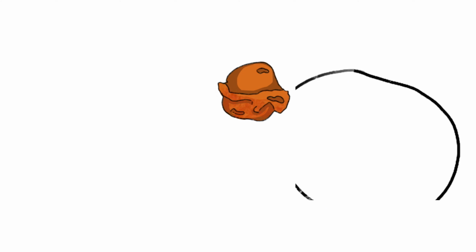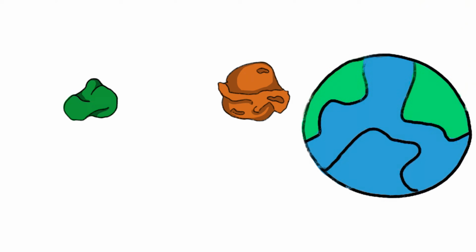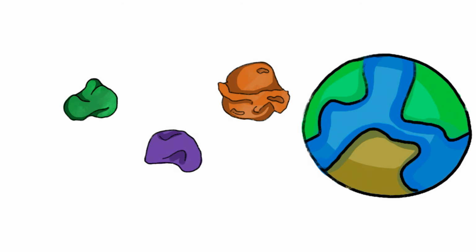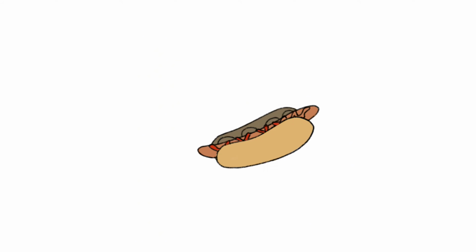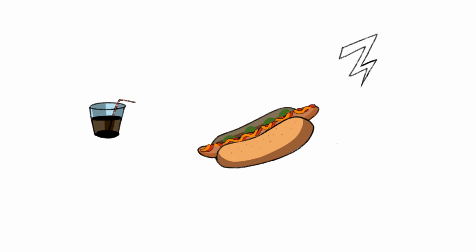Now I created the background that we will see while we play the game. It's this space vibe with drawn stars like a child would. And after that we have the enemies. So we have some meteorites and asteroids that try to damage the Earth and they will need to be destroyed by Buzz. And now you see that we needed to create some power-ups for Buzz to be able to defeat these dangers. And so we came up with the hot dog and the Coca-Cola,